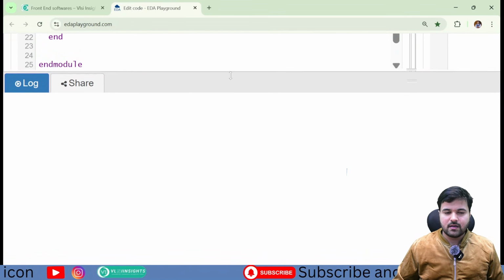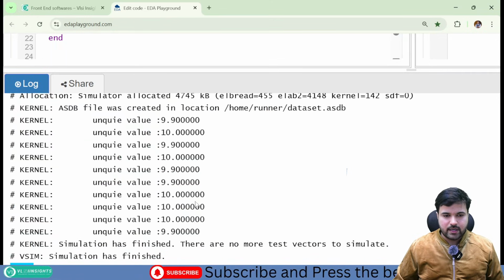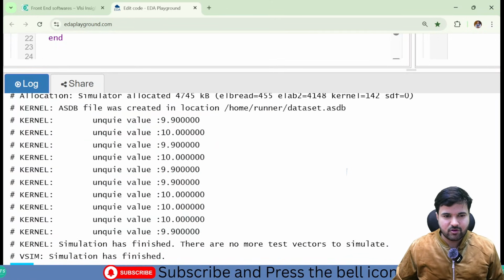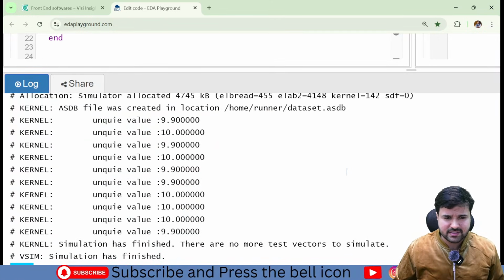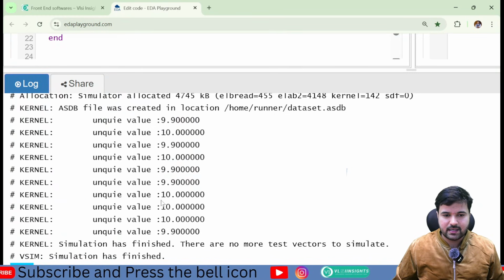It will be reflected in the log report itself. Okay, yes, we have got the results. We have got 10 values, but what you can see is 9.9, 10, 9.9, 10, 9.9, 10, 10, 10, 10.